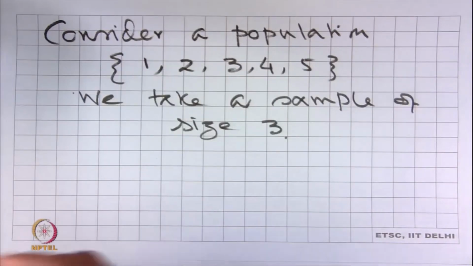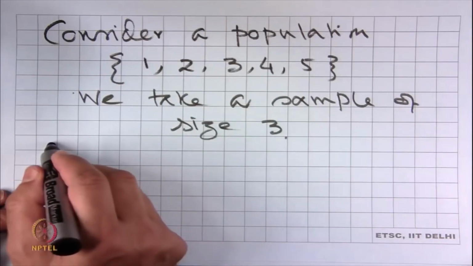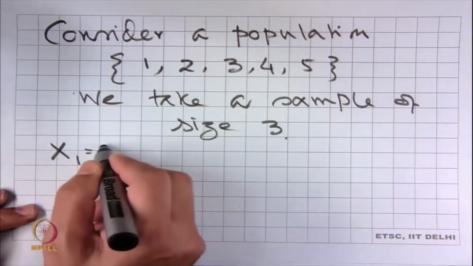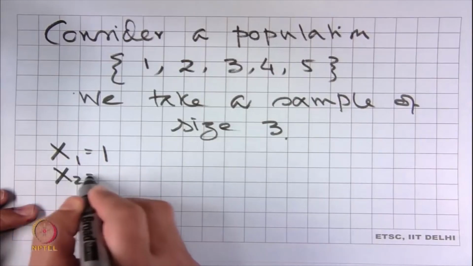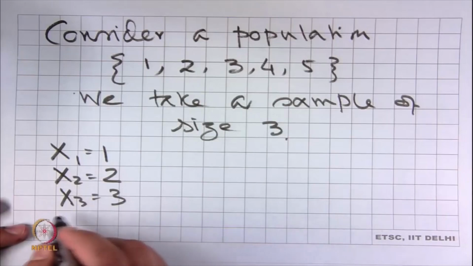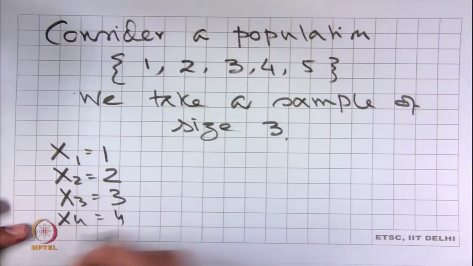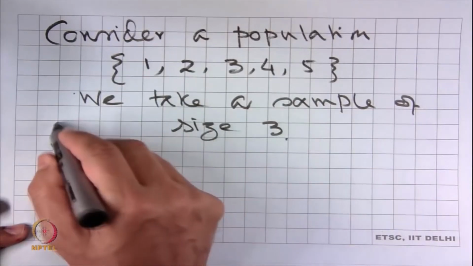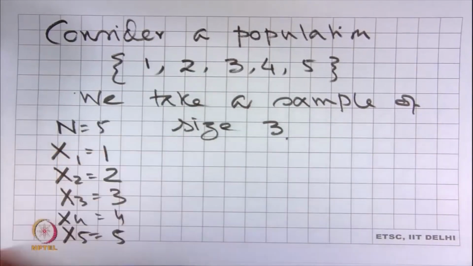Okay. So, basically my x 1 is equal to 1, x 2 is equal to 2, x 3 is equal to 3, x 4 is equal to 4, x 5 is equal to 5, capital N is equal to 5,